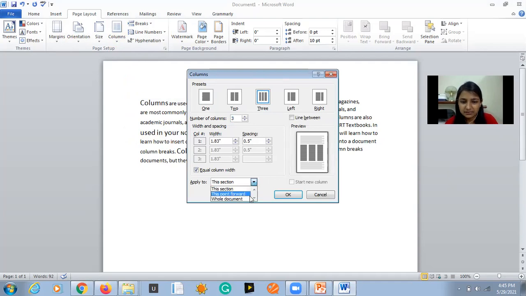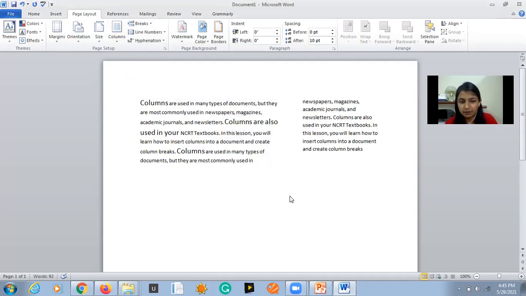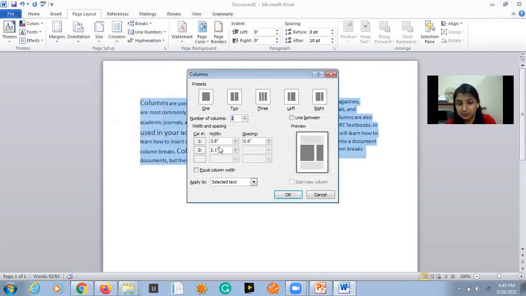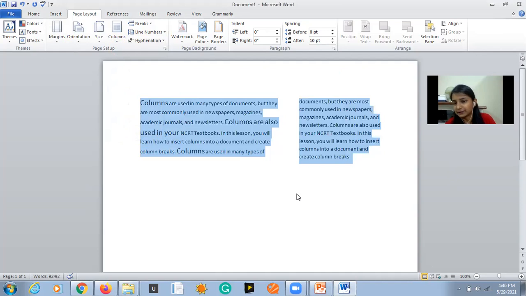Go to more columns option and try to change their size, width, spacing, apply all this and enjoy it. Create these kind of documents and you would love to do that.